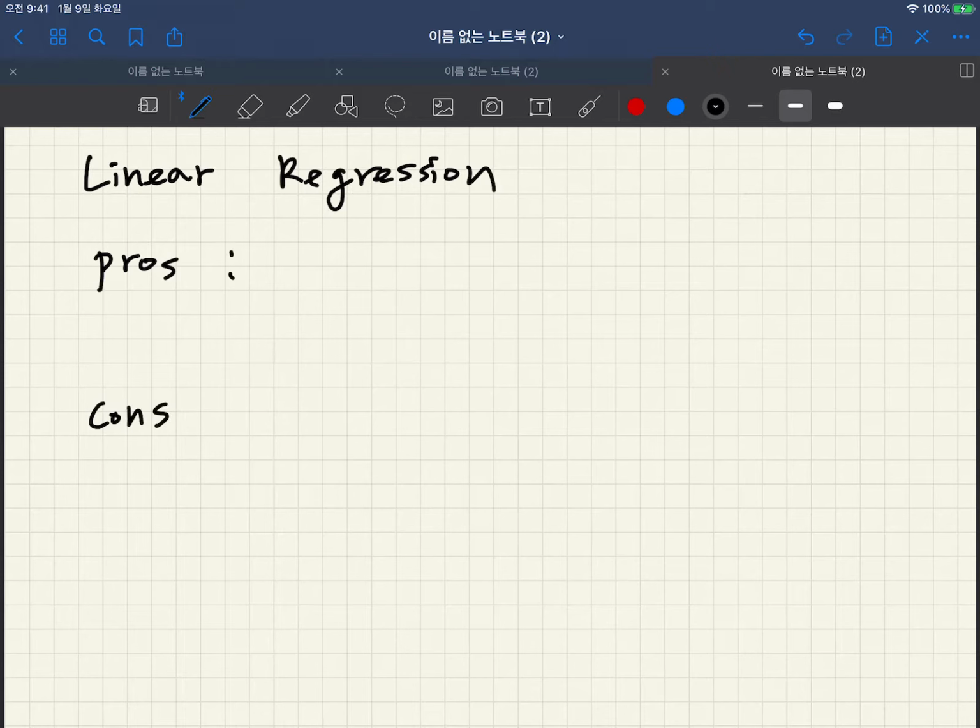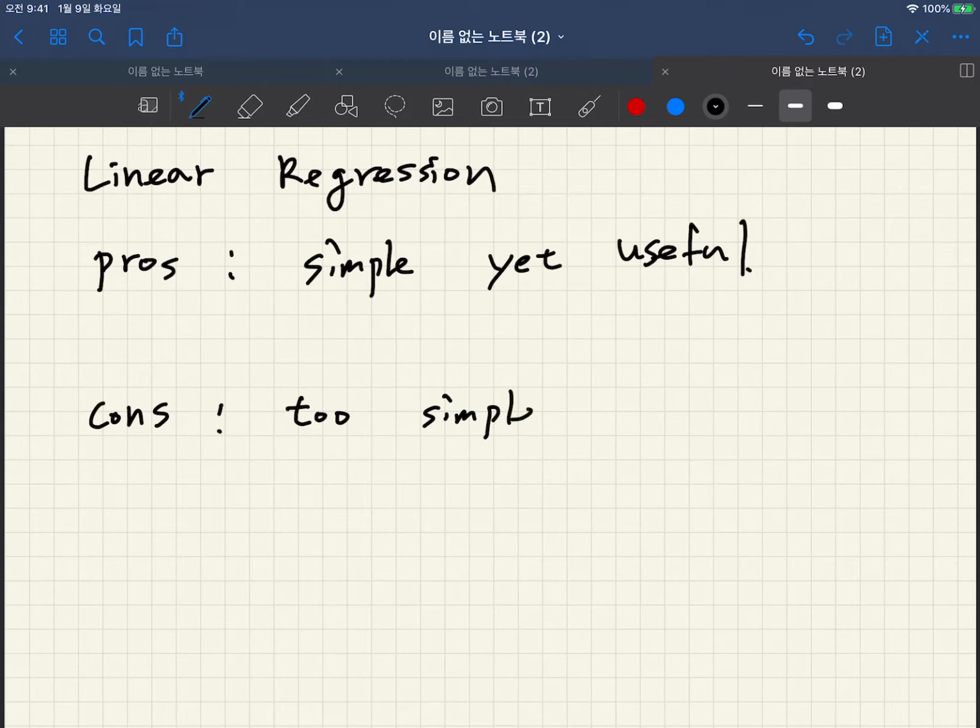let's consider pros and cons of linear regression. This is simple yet useful. Cons is it's too simple. Too simple means